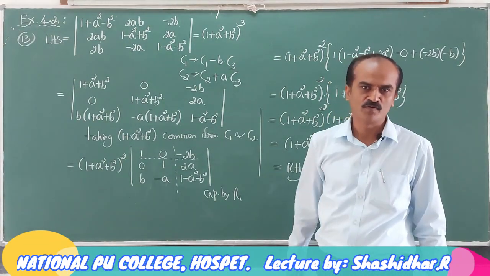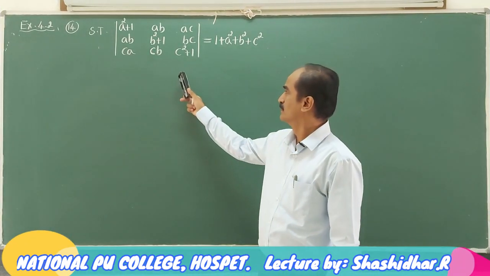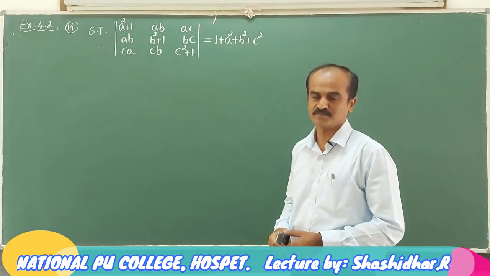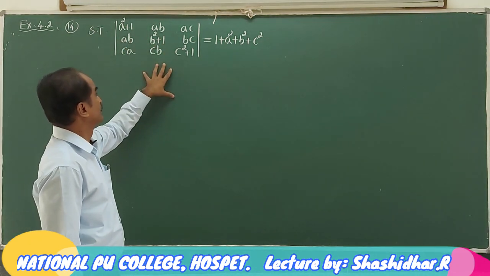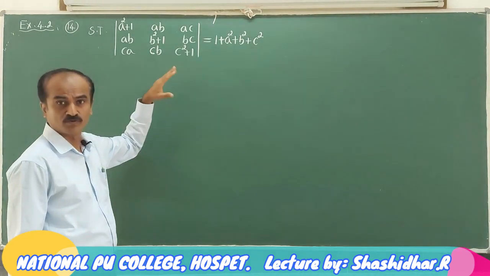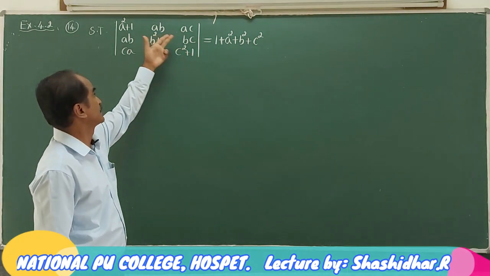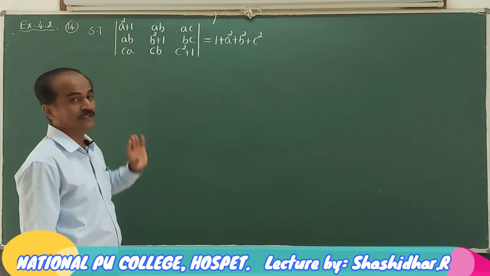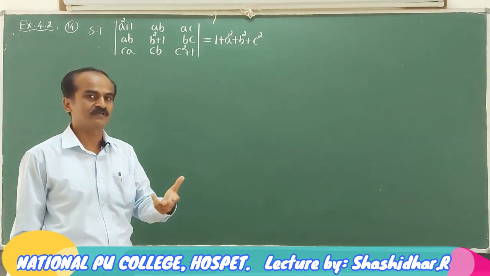Let us move on to 14th question. In 14th question, we are required to show that the determinant is 1 plus a square plus b square plus c square. It is quite surprising because not all the elements contain a square, b square, c square terms, so by adding rows and columns, there is little chance of getting this factor. But now it contains ab, ac, bc, something like that. So now I have to alter the elements in such a way that each term must contain either a square, b square or c square.